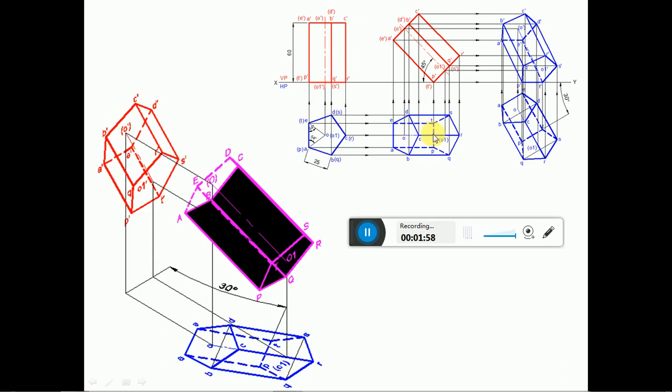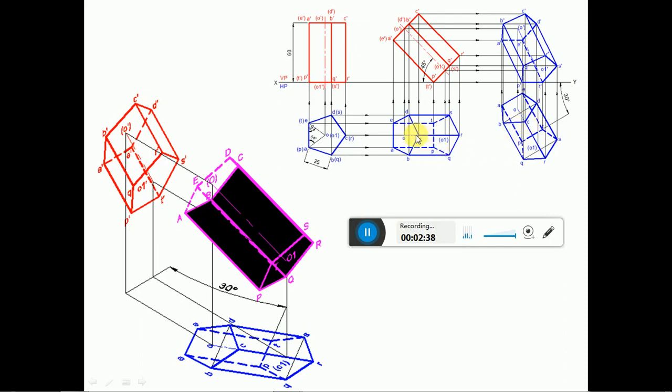Then from this point, this CR is perpendicular to PT. So by using the protractor, you measure an angle of 90 degree with respect to the PT line and then draw a perpendicular line. Then you measure from this point to O. From this point you cut an arc on that perpendicular line to get this point O. Similarly, you measure the length from this point to C. From here you cut an arc to get this point C.